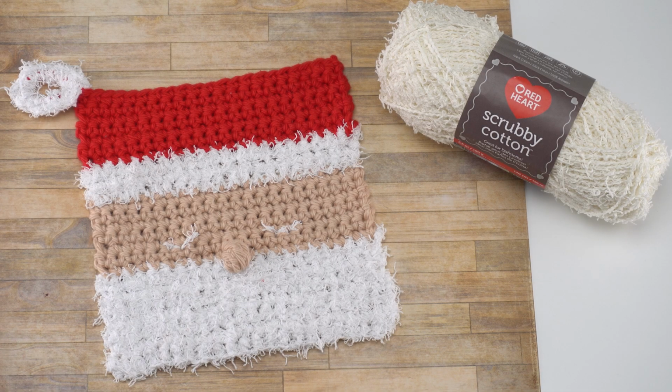And here is the Red Heart Santa Cloth Dishcloth, which is a pattern I designed using Red Heart Scrubby Smoothie for Yarnspirations.com. I combined Red Heart Scrubby Smoothie with a bit of Red Heart Scrubby cotton for this pattern to make the great beard and other details, so you can get this pattern on